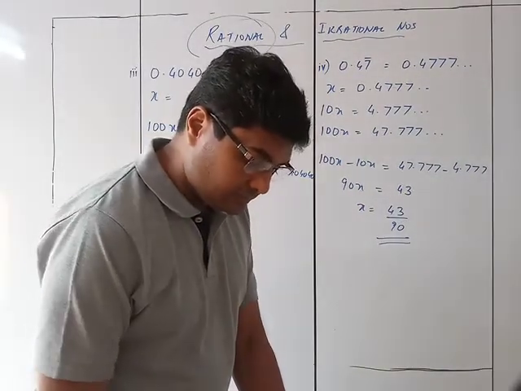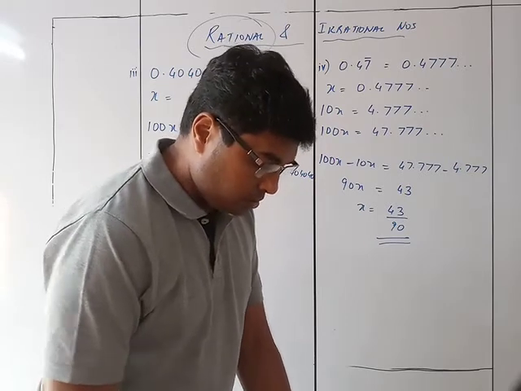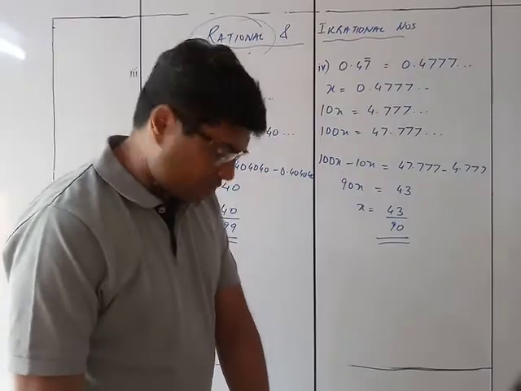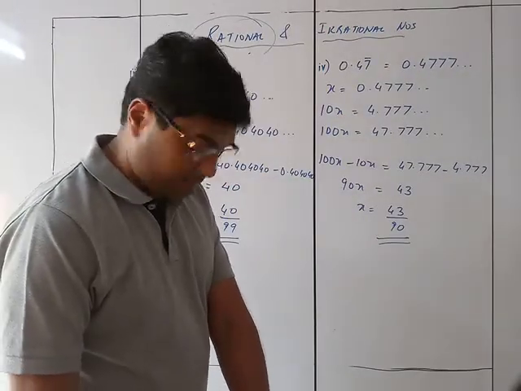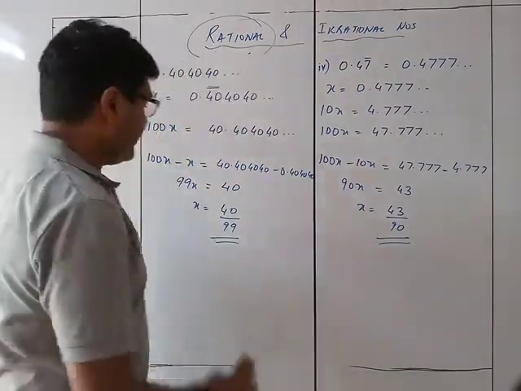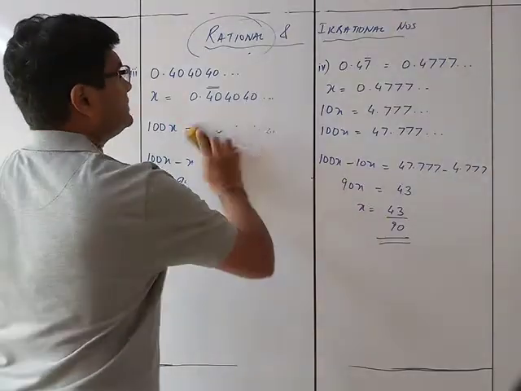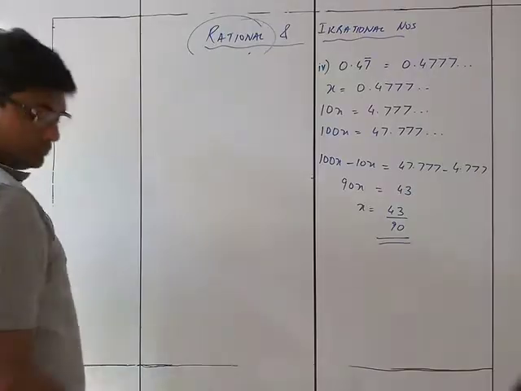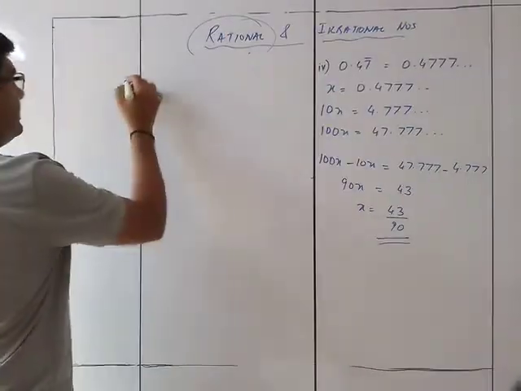Check the answer. Question number 4 was this, 43 upon 90. You see the next question, that is sum number 5. Sum number 5 is